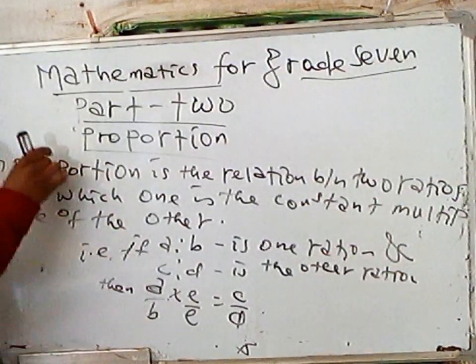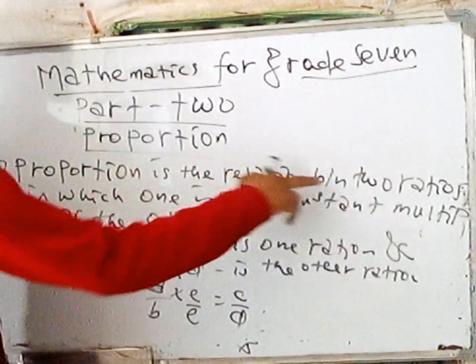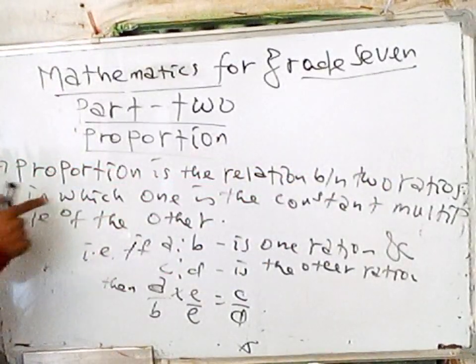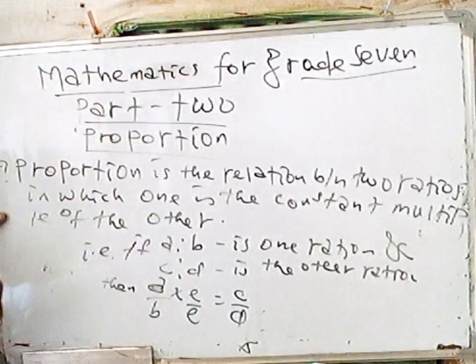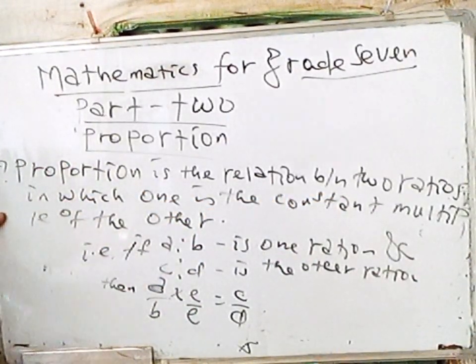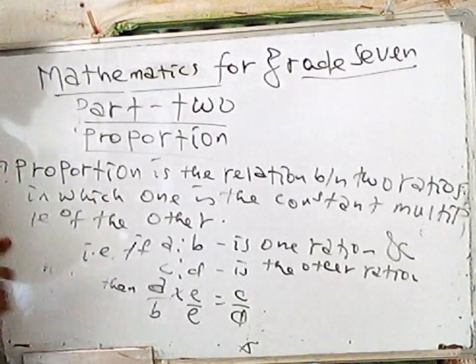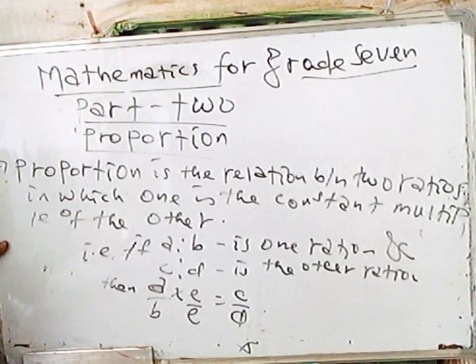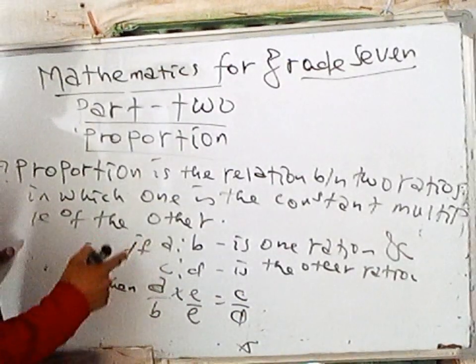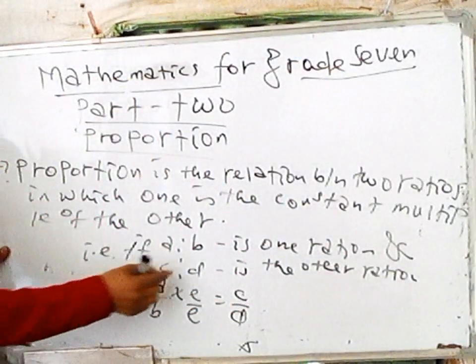Part 2 is about proportion. So what does proportion mean? Proportion is the relation between two ratios in which one is the constant multiple of the other. It means that if we get one ratio by multiplying the other ratio by a constant factor, then the two ratios are proportional. That means if a to b is one ratio and c to d is